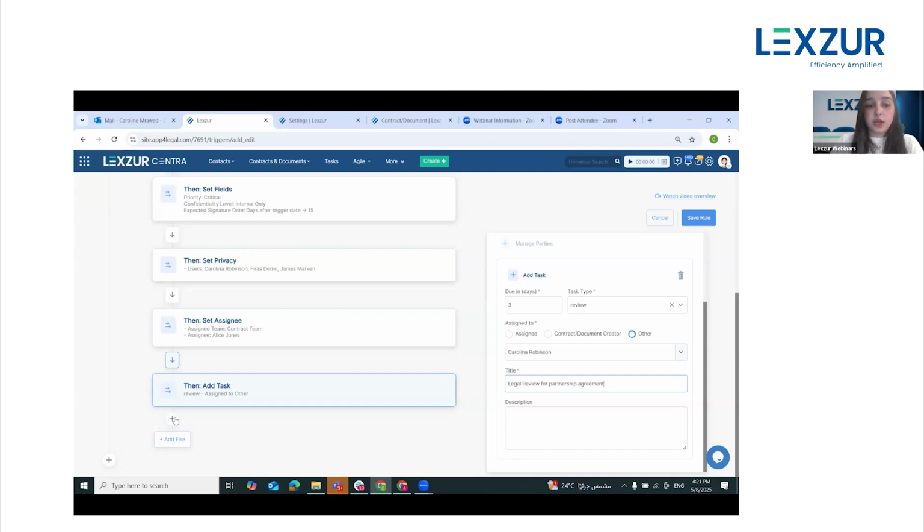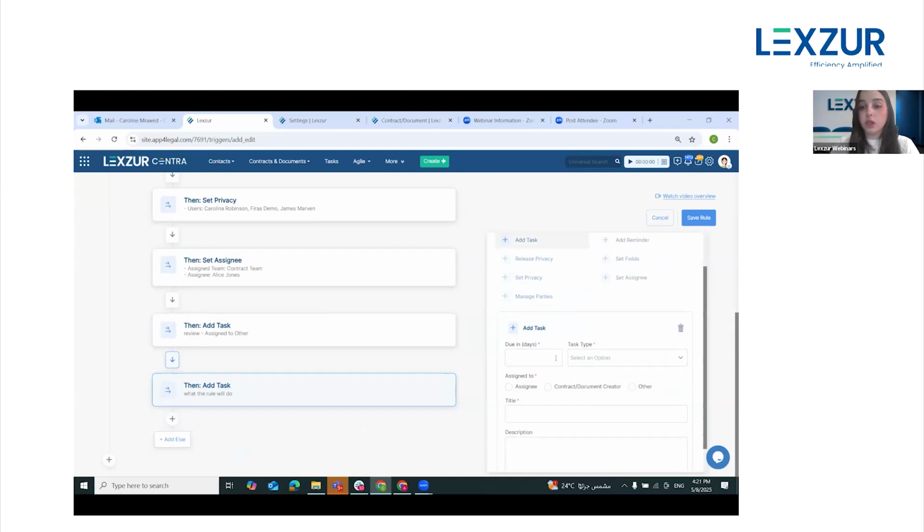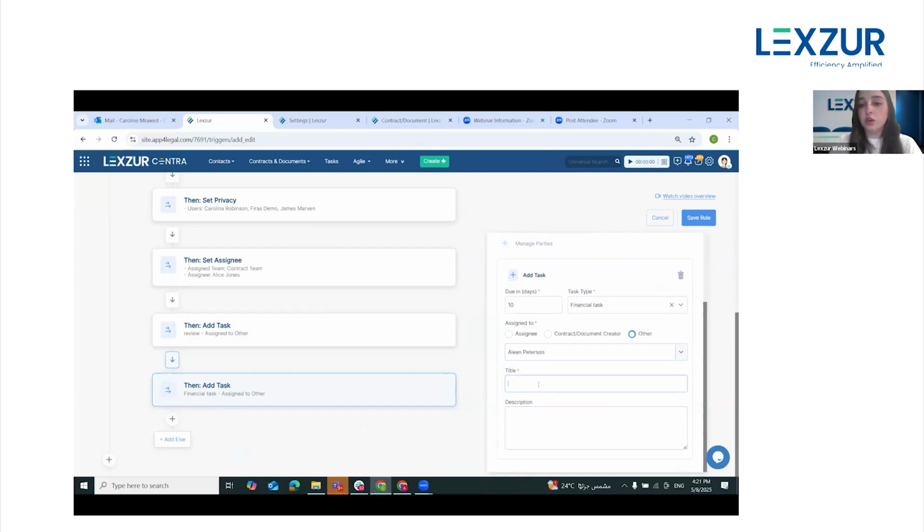Okay. The other task is, let's say I will assign this to one from the finance team, okay? So it will be due in 10 days, for example. I can add another type of task. Let me assign this to another user. Of course, I'm searching here for all these users who are licensed users within the system. So it's, let's say,